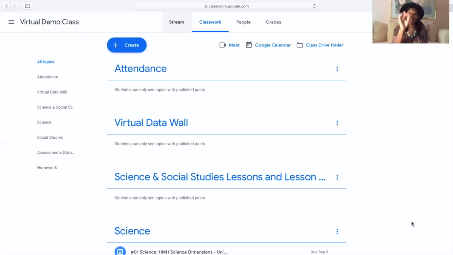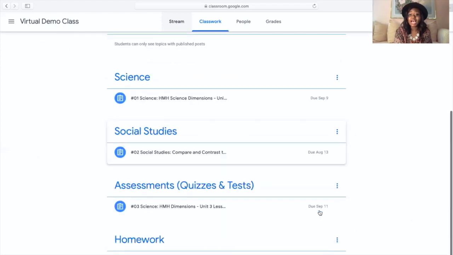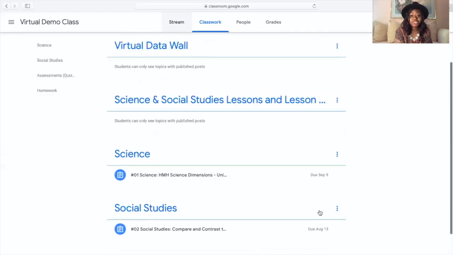So once again, if you are departmentalized, that is up to you. If you decide you want to have one Google Classroom that houses all of your class sections, feel free to have at it. If you decide, you know what, I'm going to go ahead and create 3 separate class sections, if you teach 3 class sections, go ahead and do that also. I highly recommend doing it that way, separating it for each class section, but of course it's all up to you and based on your preference. So that is just an example for how you would set up your Google Classroom and how you would number